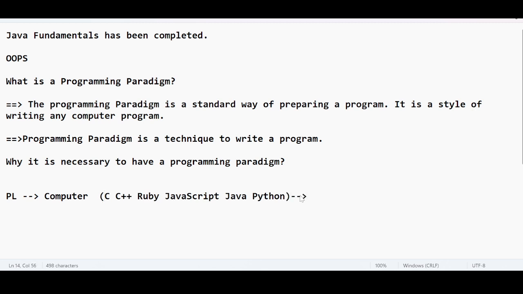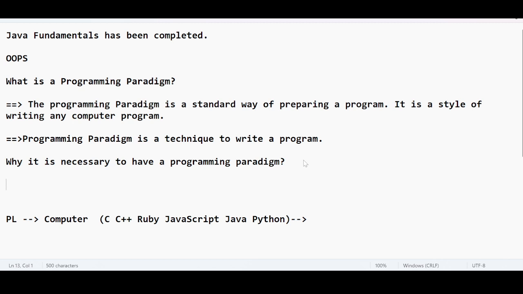For any given problem, C is going to follow an approach to solve that. C++ is going to follow an approach. Ruby is going to follow an approach. JavaScript is going to follow an approach. Java has its own approach. Python has its own approach. It is an internal design. Right? So we can conclude that